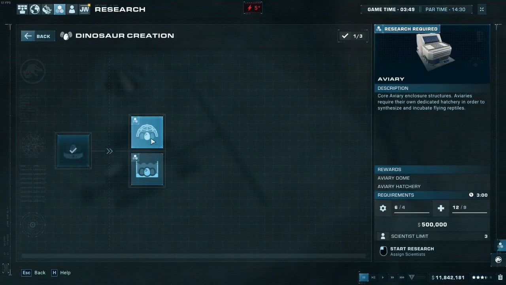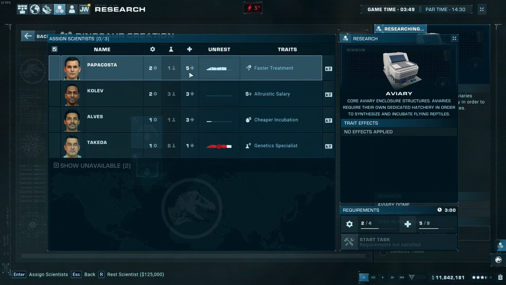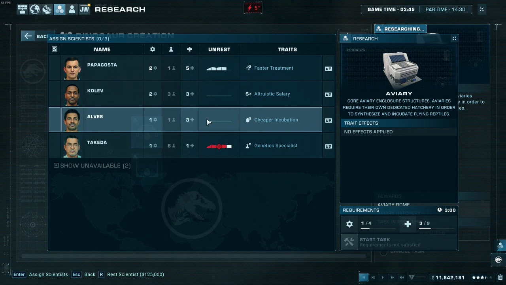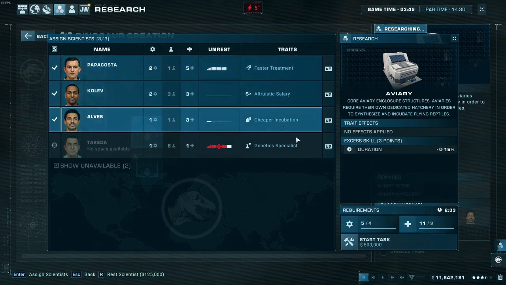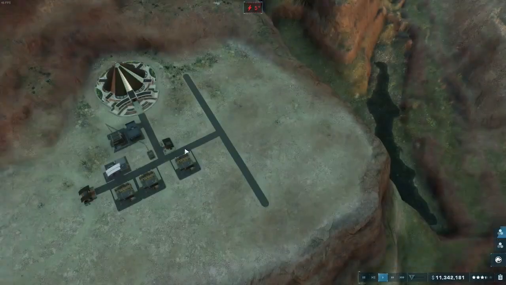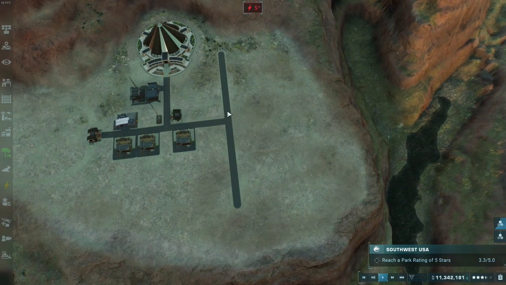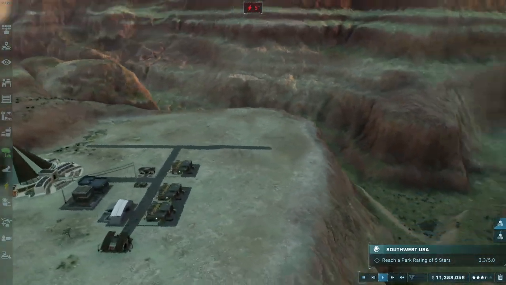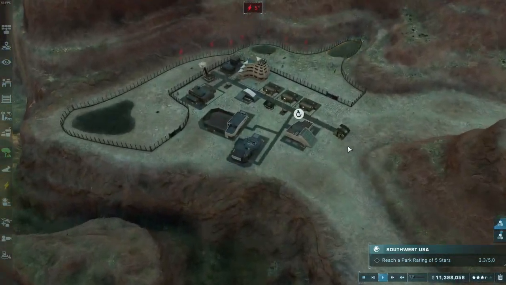So before I forget, let's research that. But we need a lot of... there we go. We'll assign all those scientists to the aviary. And this will be where our aviary goes. And if we have to, we can make this pathway a little smaller. Yeah, I haven't done an aviary in a while, and hopefully I don't come to regret it, but...